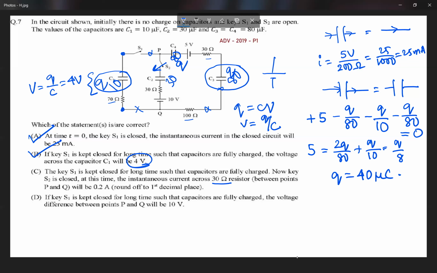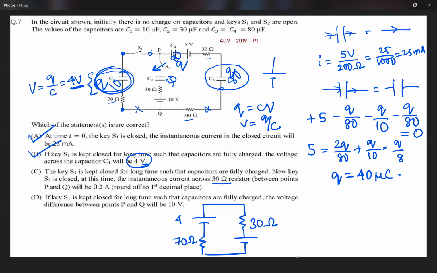So replacing the left part of the circuit with an equivalent battery, you'll see that this capacitor over here has an EMF of 4 volts. So write this is equal to 4. The resistance over there is equal to 70 ohms. So that is equal to 70 ohms. Here this is 10 volts. So the 30 ohms over here is 30 ohms and the battery is 10 volts. The capacitor over here behaves like a short circuit. Initially it had no charge, so there will be no EMF at all. This is equal to 0.